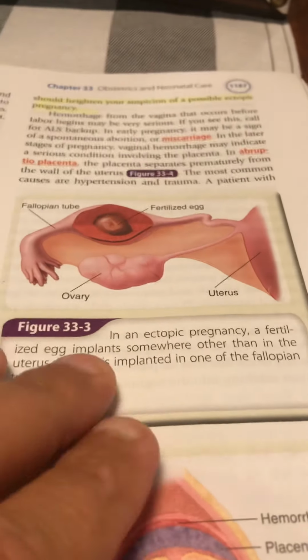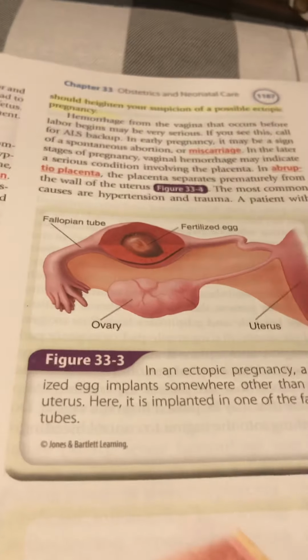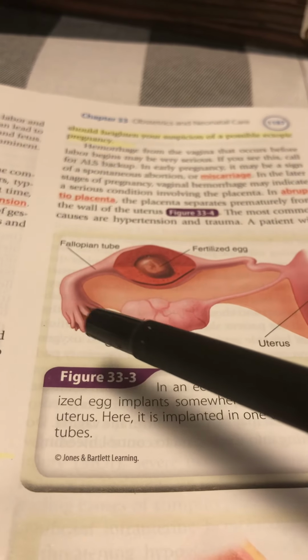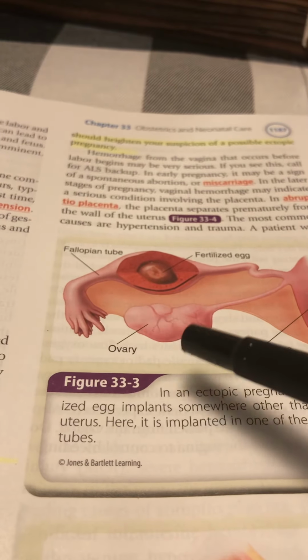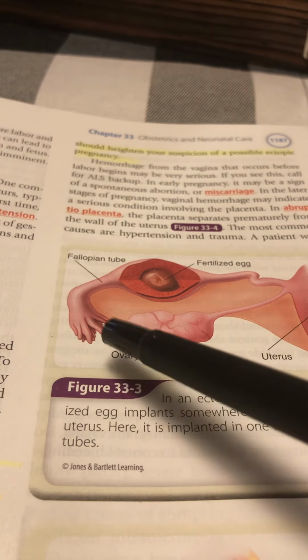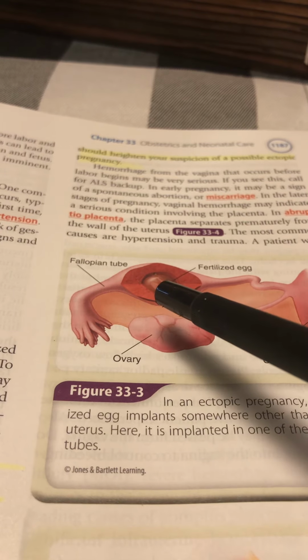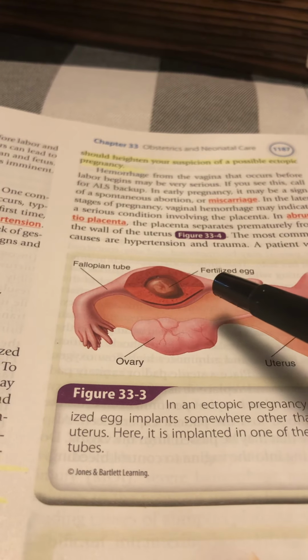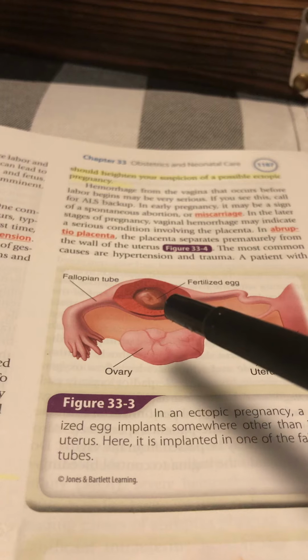So in this picture, we're looking at the fallopian tube here. This would be the ovary where the egg has been discharged into the fallopian tube, and then it's traveled down the tube. And in this picture, it says as a fertilized egg. So remember that